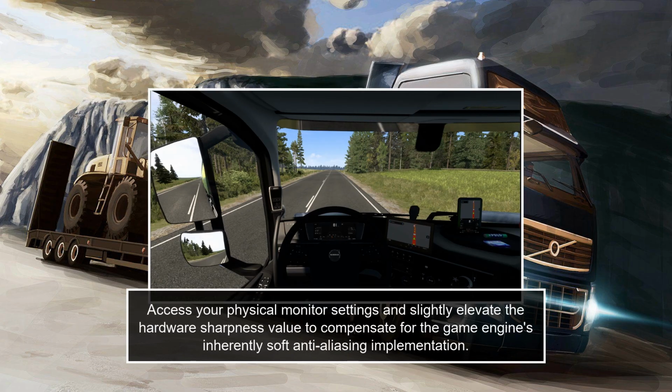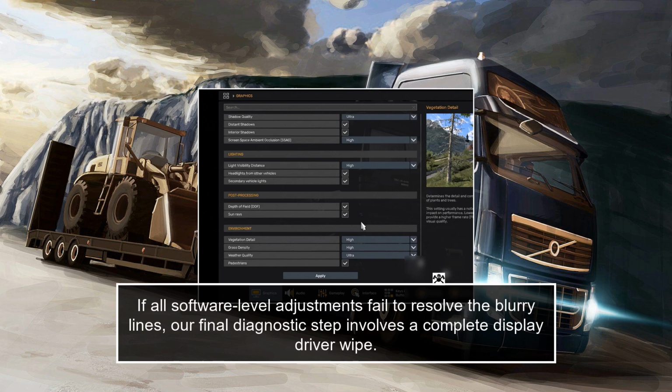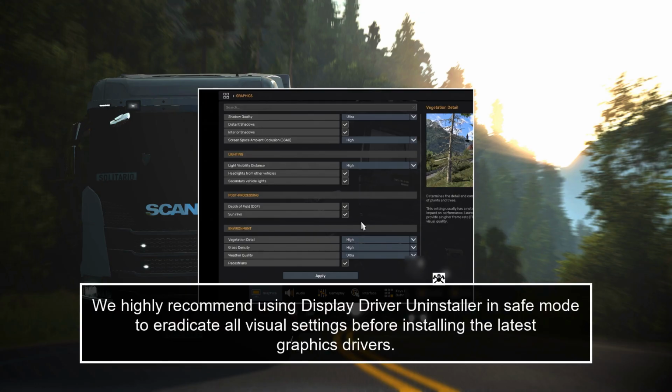Access your physical monitor settings and slightly elevate the hardware sharpness value to compensate for the game engine's inherently soft anti-aliasing implementation. If all software-level adjustments fail to resolve the blurry lines, our final diagnostic step involves a complete display driver wipe. We highly recommend using Display Driver Uninstaller in safe mode to eradicate all visual settings before installing the